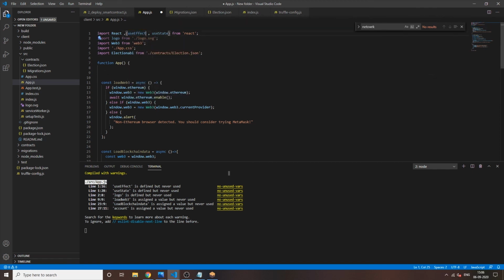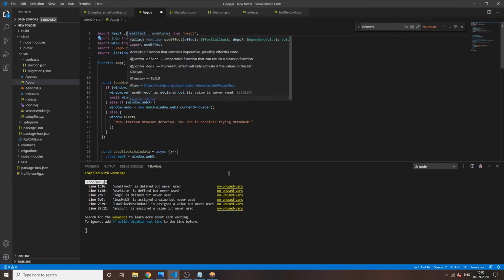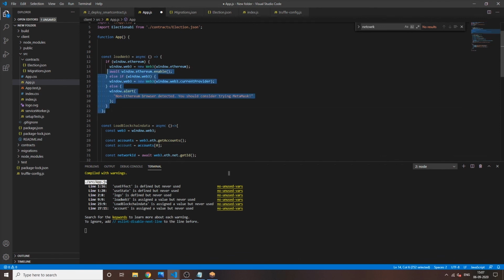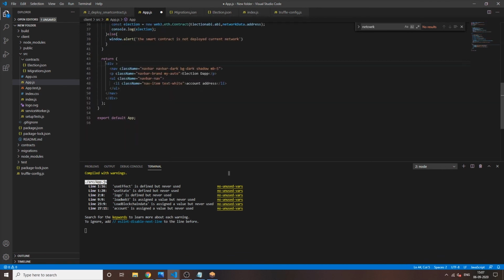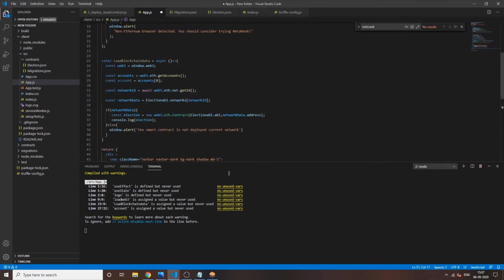And here is one thing that I didn't explain to you. Why did we import useEffect? You can say useEffect is the thing that runs a function initially. It's like the constructor for React. Initially, we want these two functions to be loaded before the React app returns the front end.